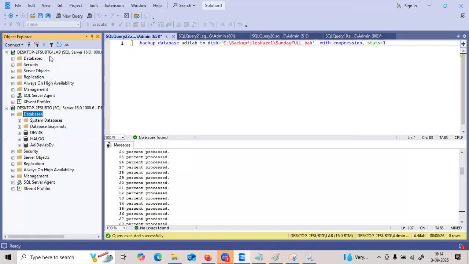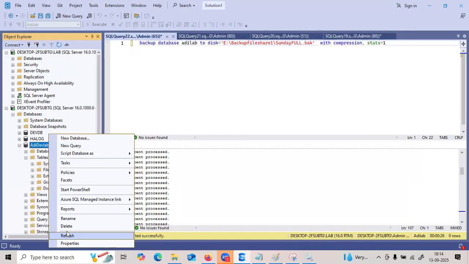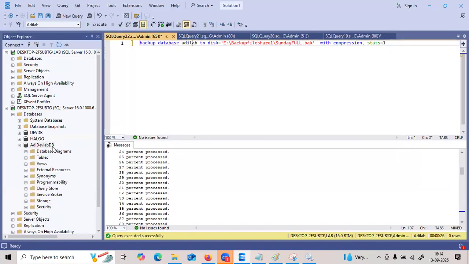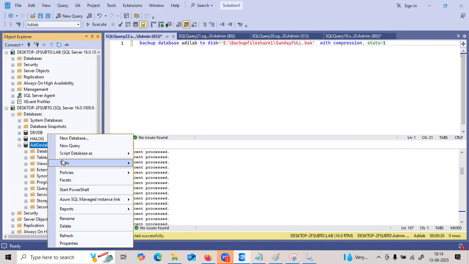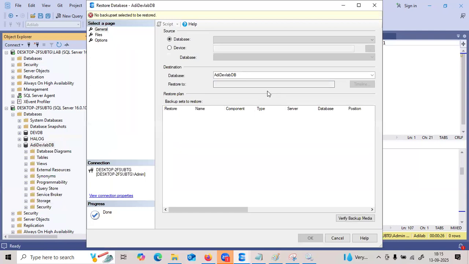Okay. So now I'm going to restore the backup to the Adi dev database. Right click here. Right now, if you go here, I don't have any tables. I don't have anything. I'm going to restore it into the Adi dev DB. Right click, task, go for restore, then dev, then go for a device,